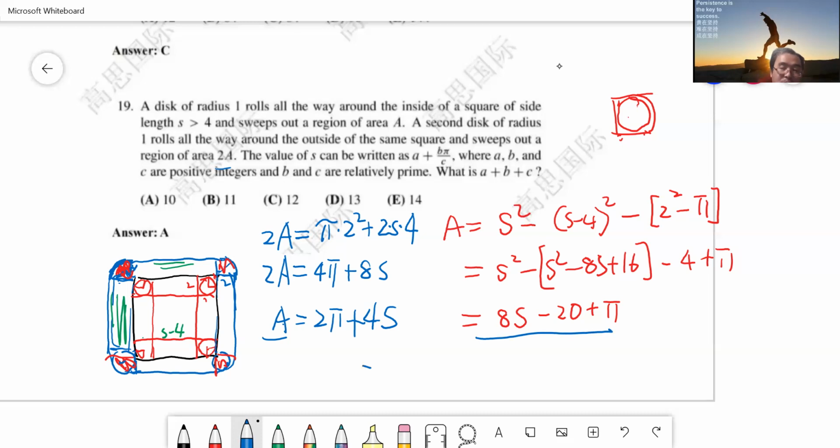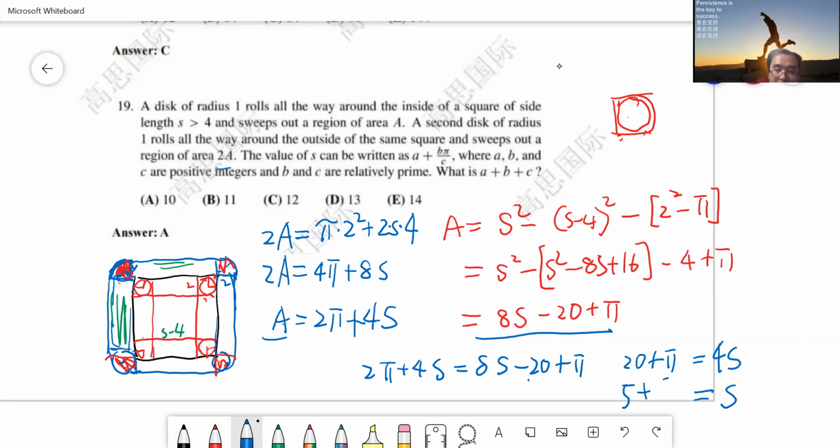We can write 2 pi plus 4s equal to 8s minus 20 plus pi. So easily we find 4s equals 20 plus pi. So plus 20 both sides, minus pi both sides, right? So we can solve s equals 20 divided by 4 is 5, plus 1 pi over 4 is pi